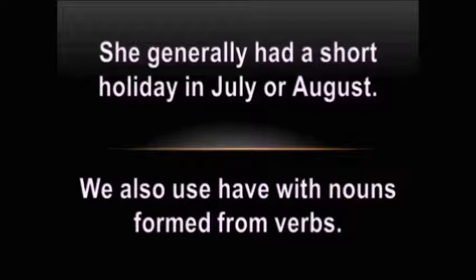We also use have with nouns formed from verbs. También usamos el verbo haber y tener con sustantivos formados de los verbos. Por ejemplo,